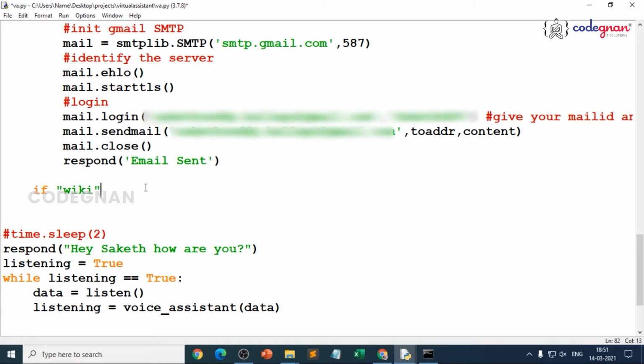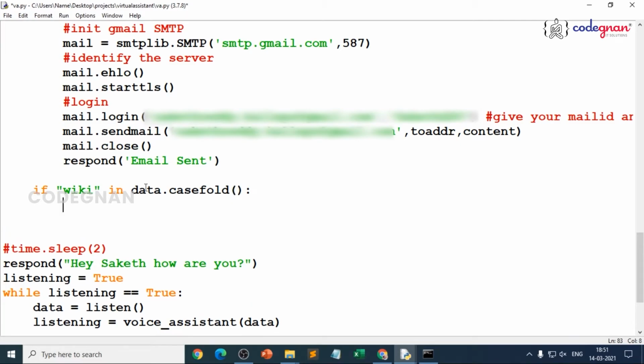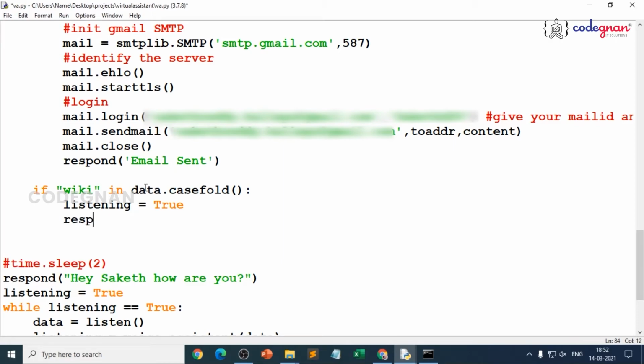That is the final thing we should do, because whenever we say open Wikipedia, it should open the web page. So for that, we'll be using Beautiful Soup. Then make sure you clearly give that the particular Wikipedia page exists, otherwise it will not open. That's the main thing. So again, same, listening is equal to true, and it should respond. What should it respond? It should tell, what should I search?